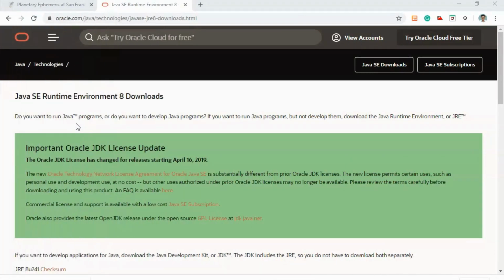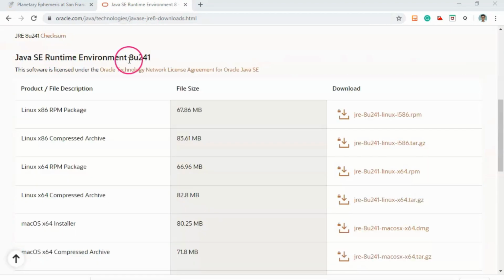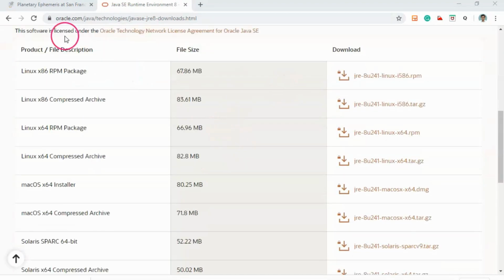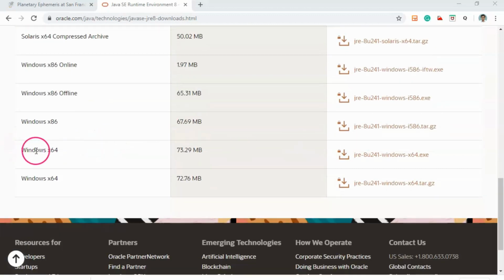Now for this software to successfully run, we need a Java runtime environment. So go to oracle.com and download Java runtime environment. Once you open oracle.com, you will see Java runtime environment for different OS. According to the OS you use, click on this download button. For example, I use Windows x64. Then I have to click this button. Once you click this button, the download will automatically start. Then follow the installation instructions. In case you already have Java installed in your system, you can skip this step.